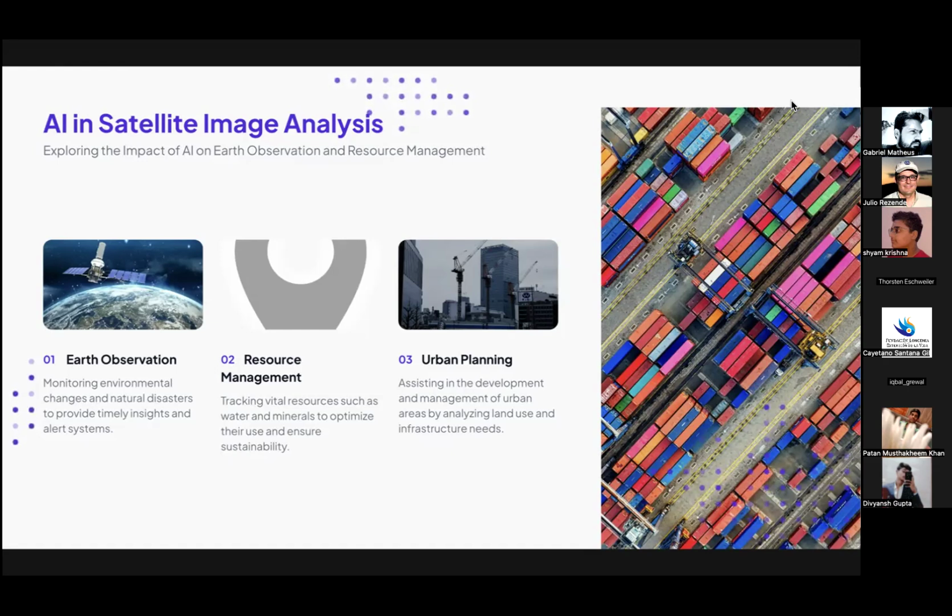For example, a fun world or a water park cannot be constructed in an area where there are rivers or lakes. If human intervention is needed at that point, it will be a huge cost to determine whether it is possible to build that particular building in that area or not. But in this case, we can use artificial intelligence and satellite monitoring so that we can easily conclude whether we can build this building over there or not.